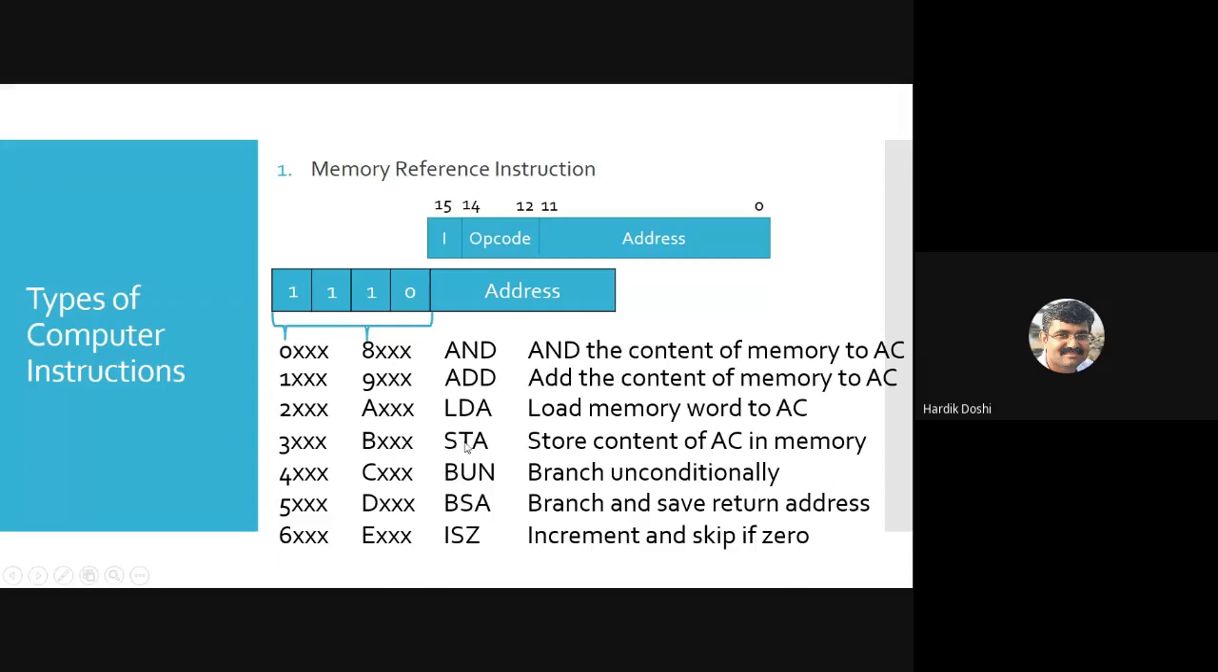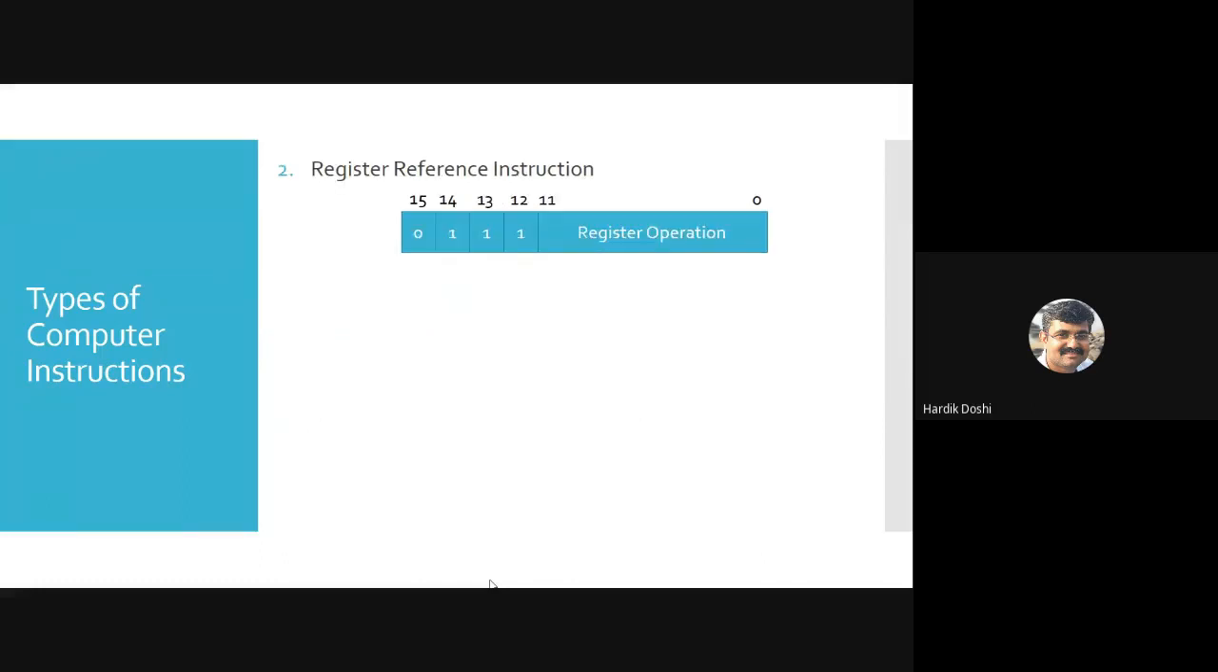In the same way, STA will store the content of the accumulator to memory only. If the code is 3, it is direct address. If the code is B, it is indirect address. Similarly for all the instructions. Next, what we discussed is the second type of instruction, that is register reference instruction,